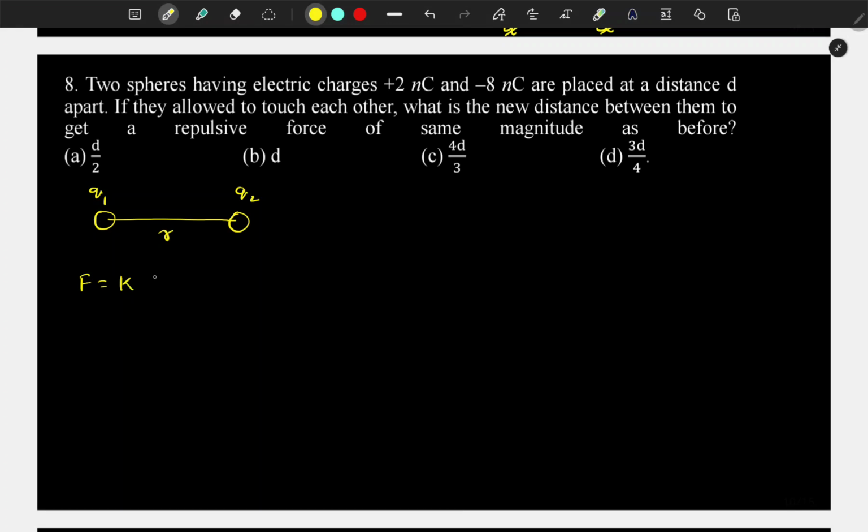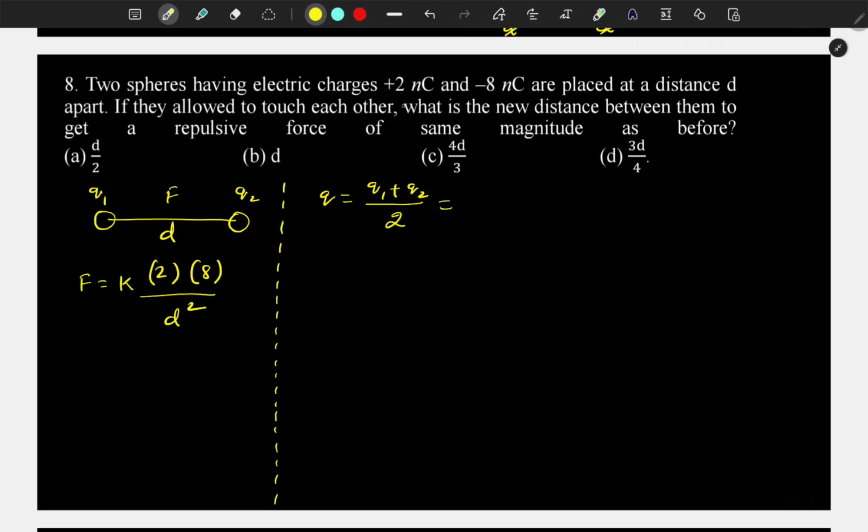F is equal to k, q1 is 2 nanocoulomb, q2 is minus 8 nanocoulomb. I will take just the magnitude, divided by they are present at a distance small d, whole square. So then if they are allowed to touch each other, their charges will become q is equal to q1 plus q2 divided by 2, that is minus 8 plus 2 is minus 6, divided by 2 is minus 3 nanocoulomb each. Then F dash will be